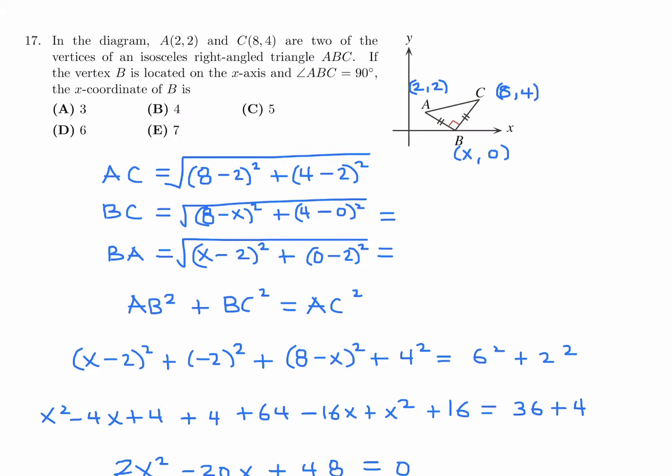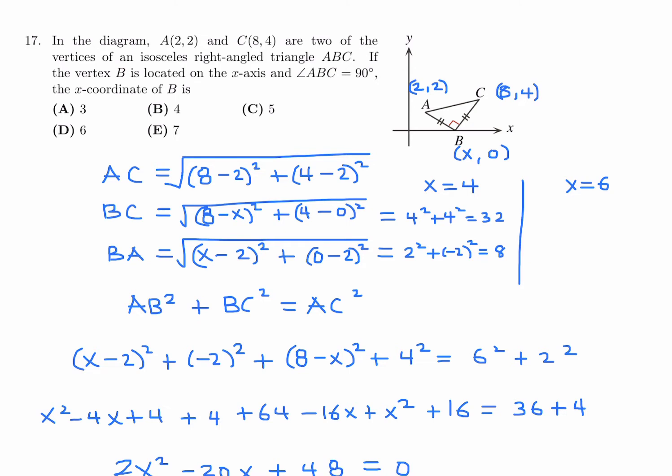First, let's figure out what it is for x equals 4. When x equals 4, this looks like 4 squared plus 4 squared, and that is 32. When x equals 4, this looks like 2 squared plus minus 2 squared, and that is 4 plus 4, which is 8. Okay, so those are not equal. So that pretty much means that x is equal to 6, but let's just figure out what BC and BA